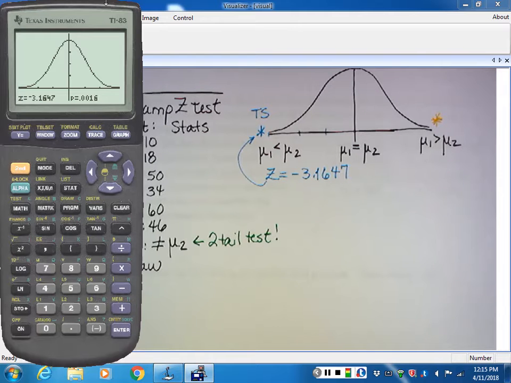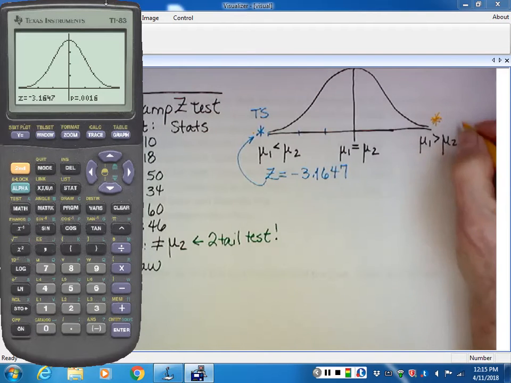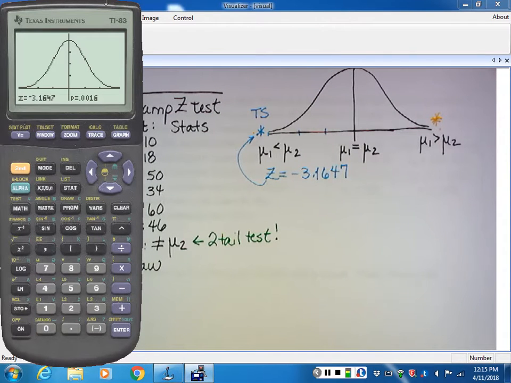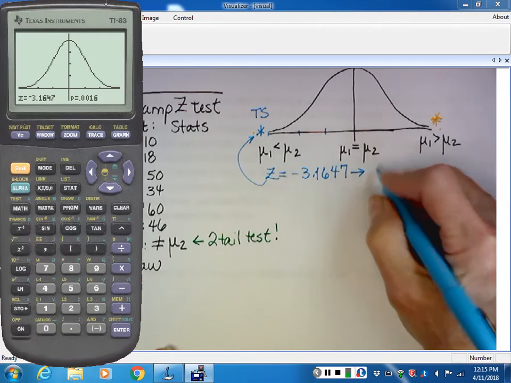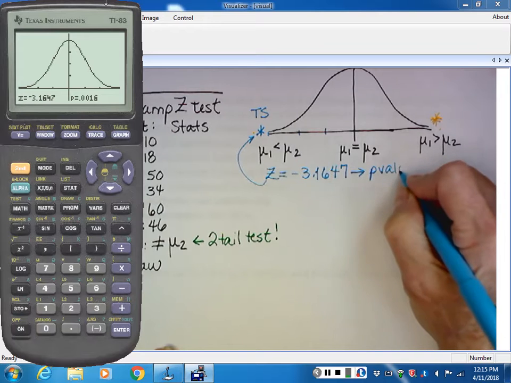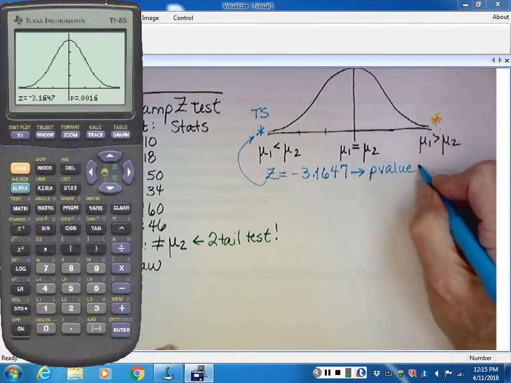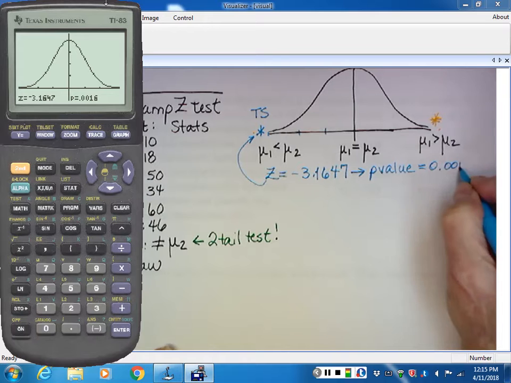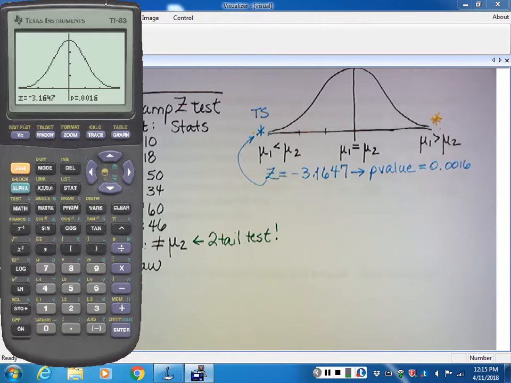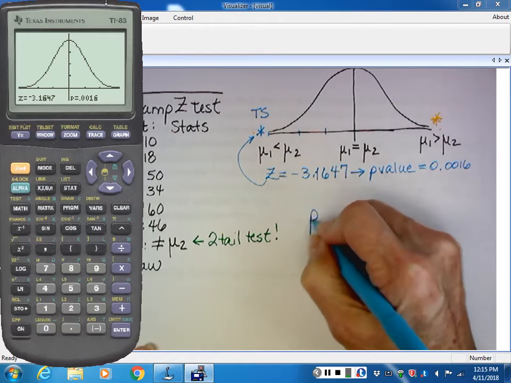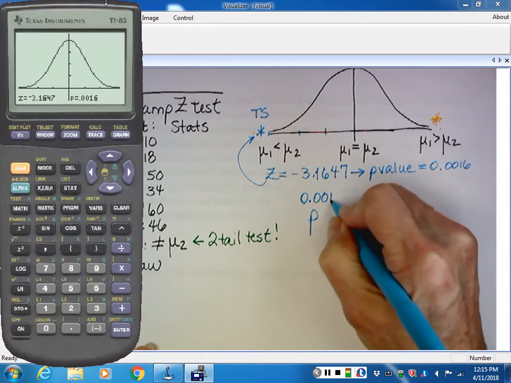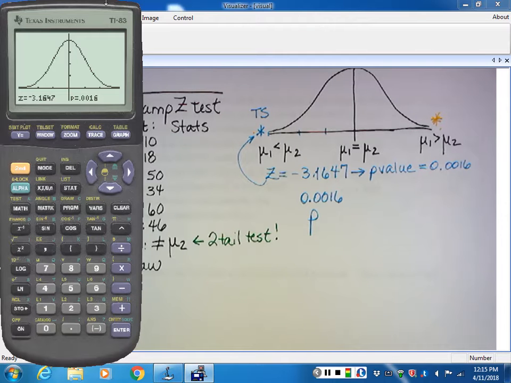But the thing is, your total p-value, which again comes from your sample, is 0.0016. Okay? So since we have a p-value of 0.0016, and we started off with an alpha value that was 1%,